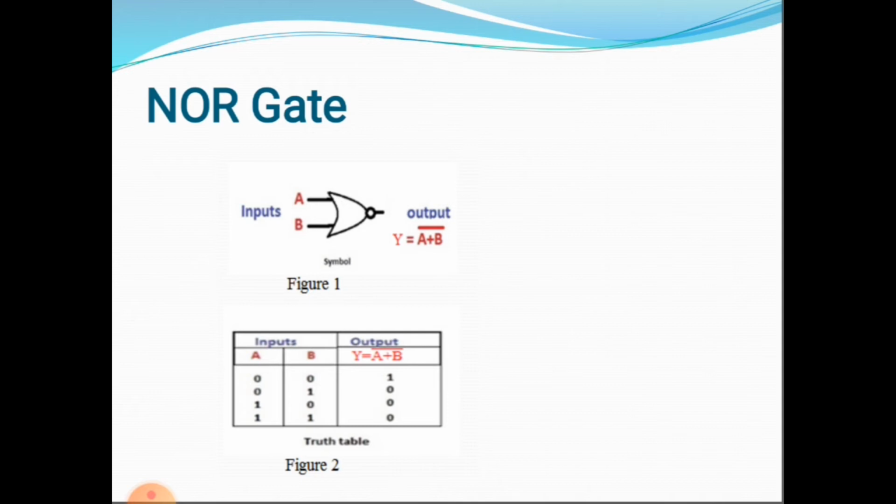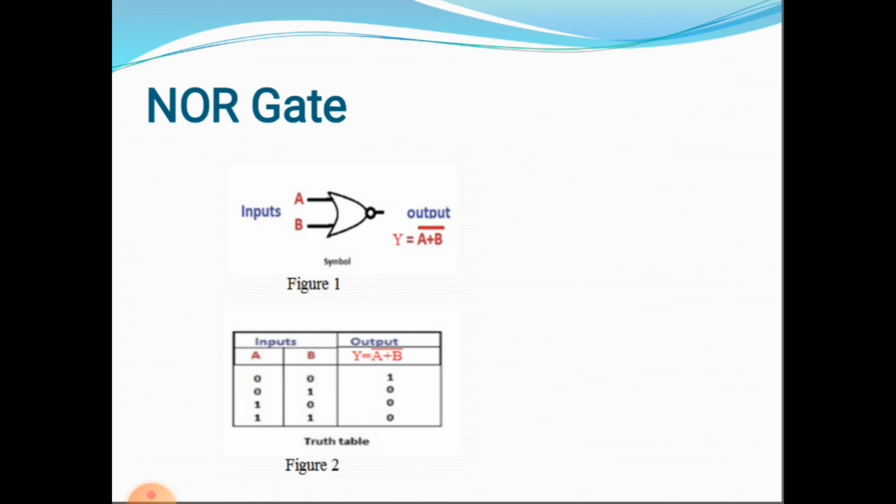The NOR gate is defined as the output is high if and only if all the inputs are low. That is, it is normally high, but any kind of non-zero inputs will take it low. The NOR gate and the NAND gate can be said to be universal gates, since combinations of them can be used to accomplish any of the basic operations and can thus produce an inverter, an OR gate, or an AND gate. This figure 1 shows the logical symbol for a NOR gate, and figure 2 shows the truth table for a NOR gate.